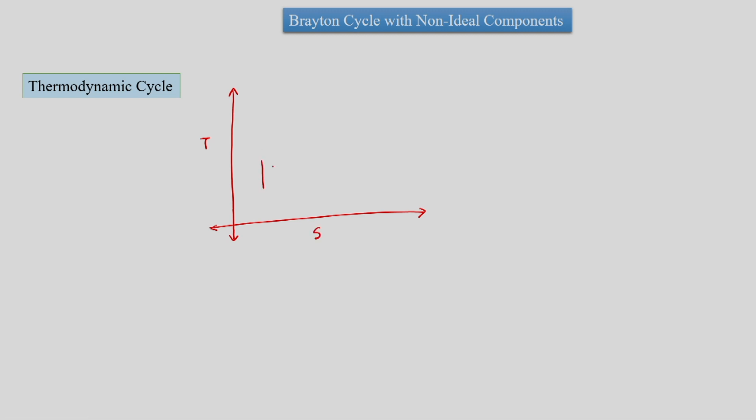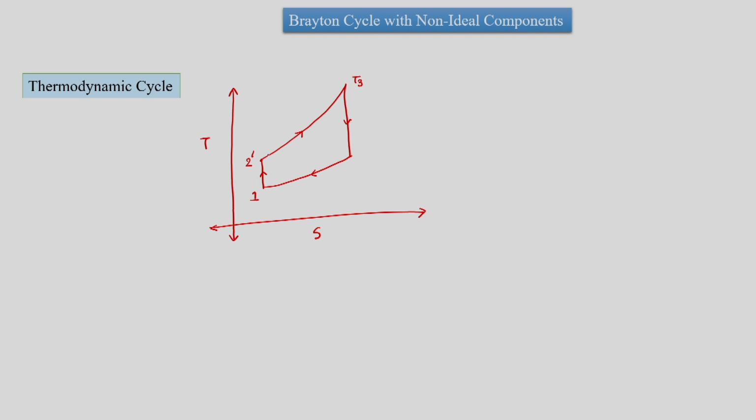Here, as we know, we have the ideal cycle, where we have first compression, isobaric heat addition, isentropic expansion and isobaric heat rejection. So this was the minimum temperature and pressure, this was the maximum temperature and pressure. Now we are going to consider the non-ideal compressor. If there had been an ideal compressor, this would have been the point at the end of the compressor. So let us consider it as 2 dash, which corresponds to the ideal point at the end of isentropic